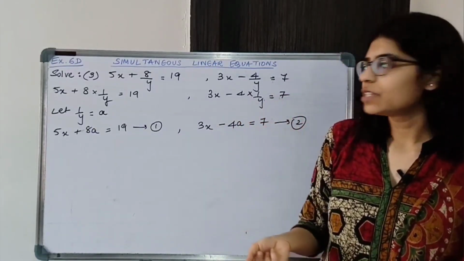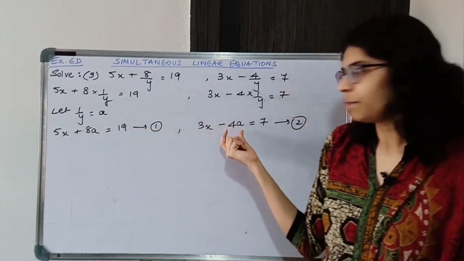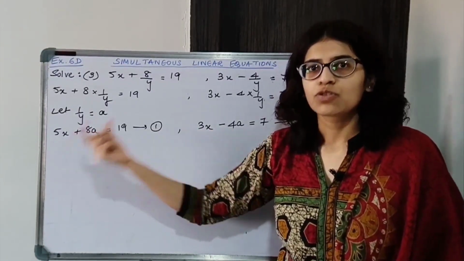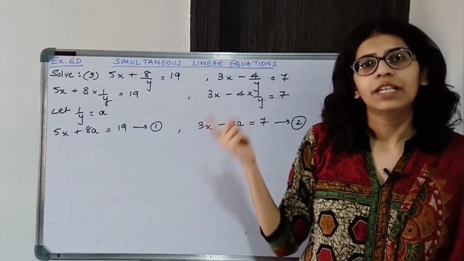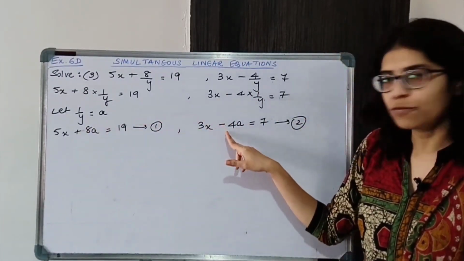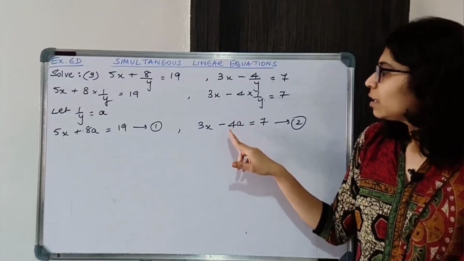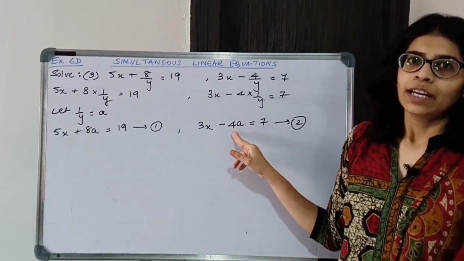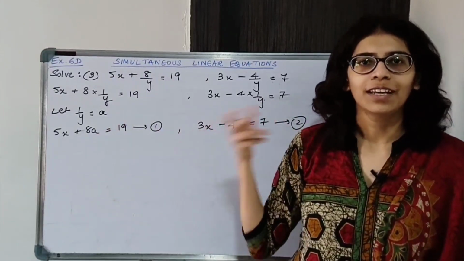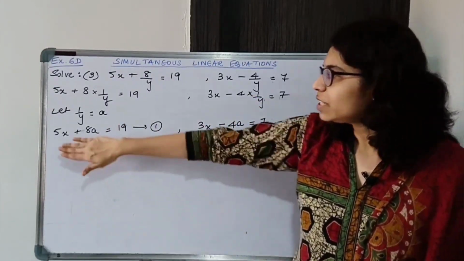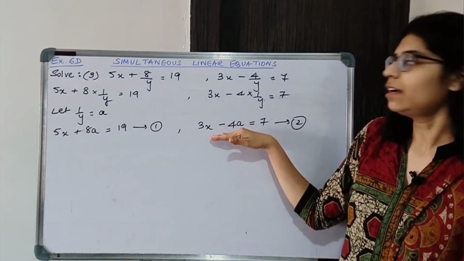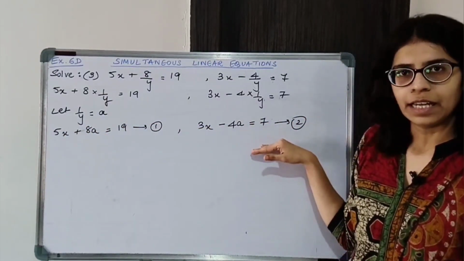But what I am going to do is make the coefficient of a the same, because the sign of a is opposite here. So just by adding the two equations I will be able to solve it. Here it is 8, here it is 4. I can easily make 4 into 8 just by multiplying by 2. That is, what is the LCM of 4 and 8? It is 8. So this I don't need to multiply. Here I have to multiply by 2 and I'll get the equation.